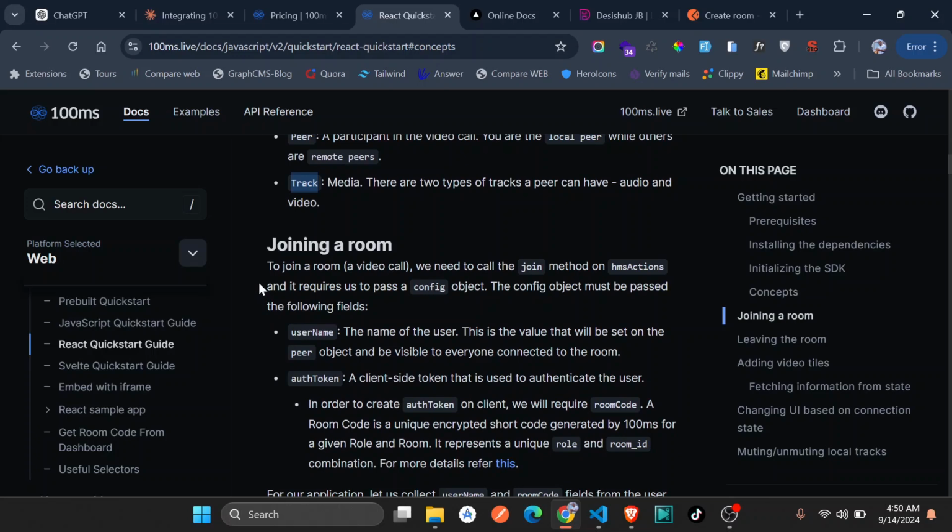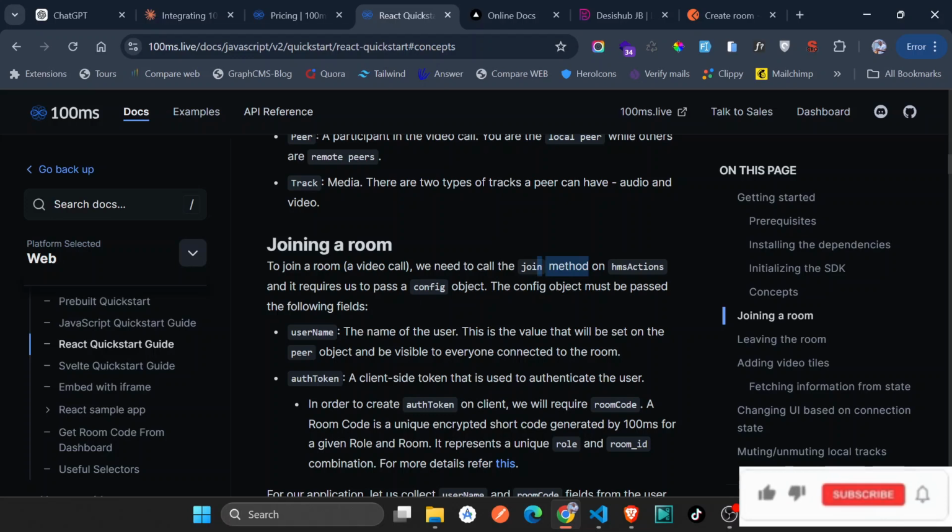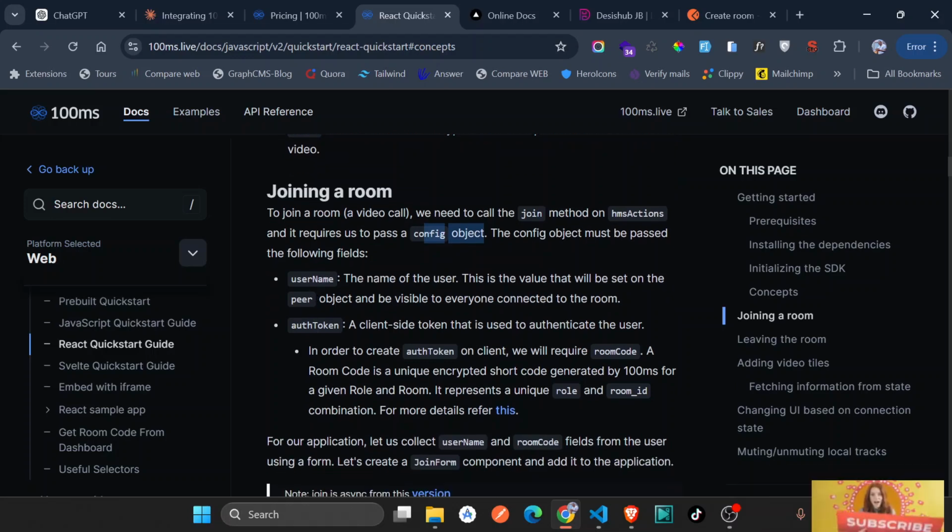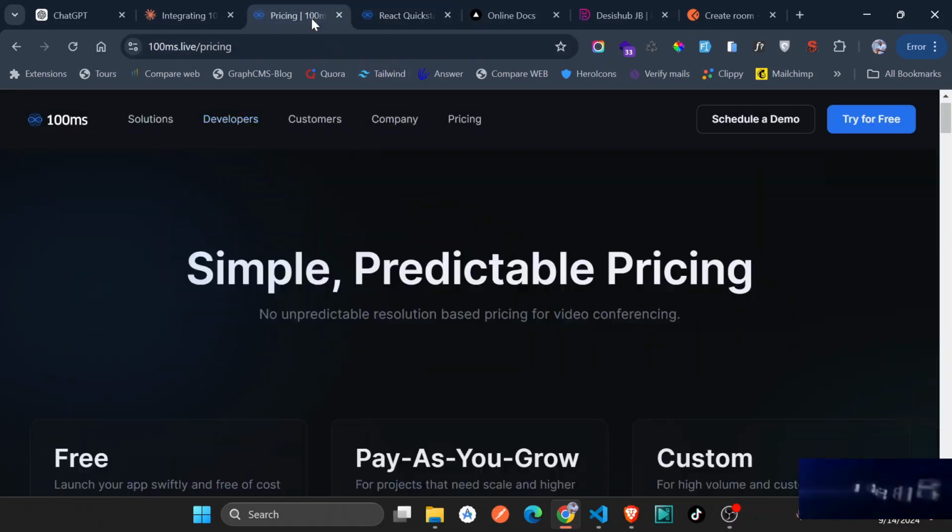And I think the most important one is this concept of joining a room. So join a room, which is just like actually a video call. We need to call the join method on this and we are required to pass the config object. The config object must be passed the following: the username, the name of the user. This is the value that will be set on the peer object and visible to everyone in the room. I think in that case, if I just go back here,